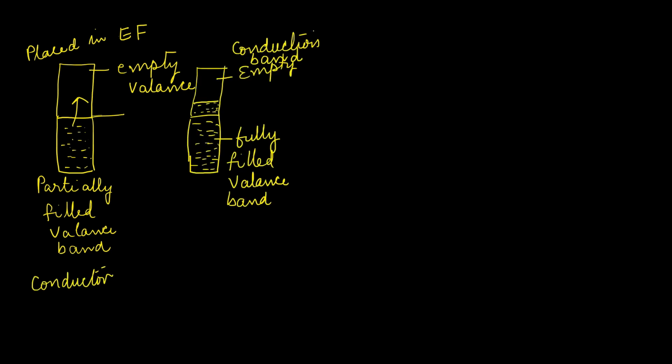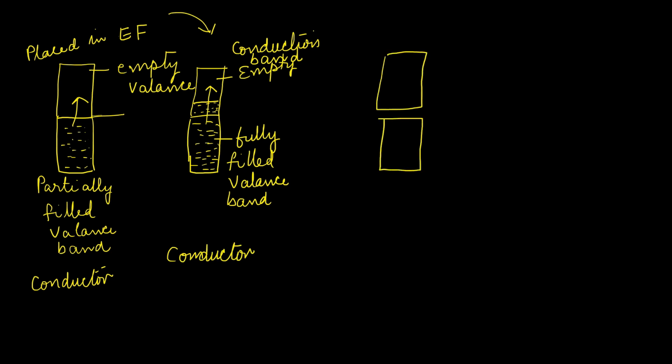The valence band is fully filled and it is at lower energy level, and the conduction band is empty and it is at higher energy level. The energy of the valence band and conduction band is not a discrete value, it is a range. It has an upper limit and a lower limit. The upper limit of the energy of the valence band and the lower limit of the energy of the conduction band are overlapping. That is, the value is the same there. So when placed in an electric field, electrons can easily pass from the fully filled valence band to the conduction band. So these are also good conductors.